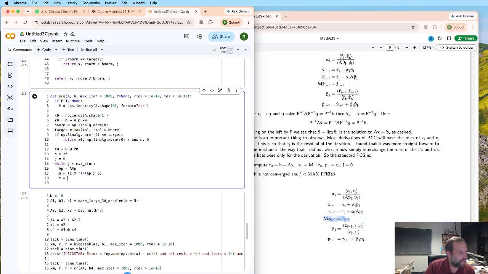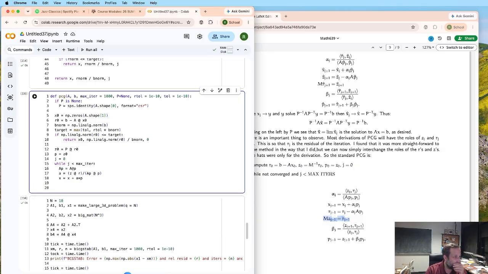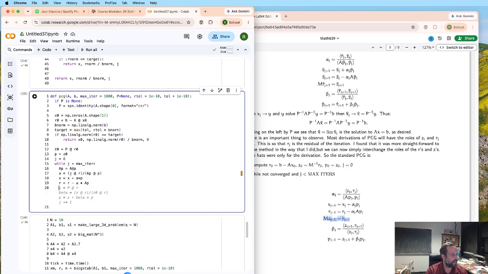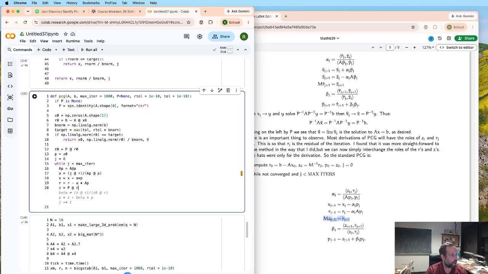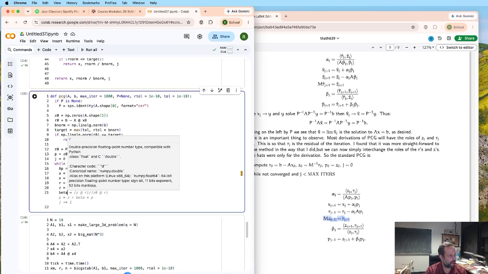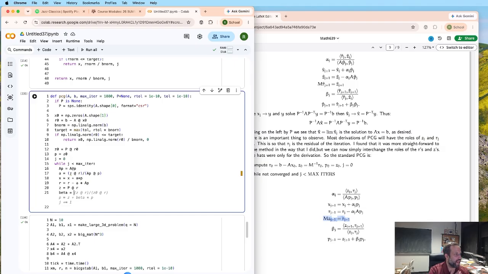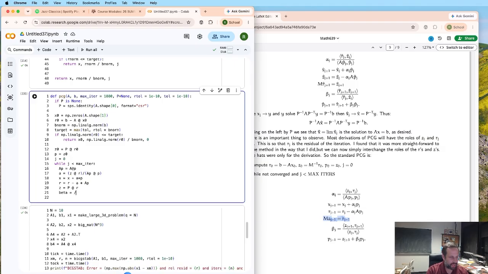Okay, and then X is going to be equal to X plus A times P, like this. Then R is equal to R minus A times AP. Okay, now we need Z. Z is going to be equal to P times R. And now beta, I'm not going to use B because that's the right-hand side. So beta is going to be equal to,